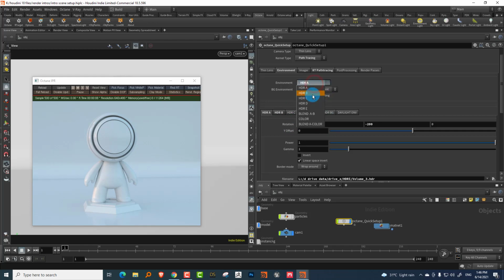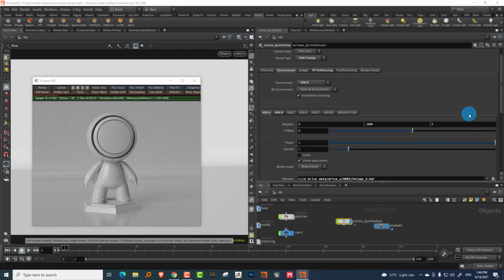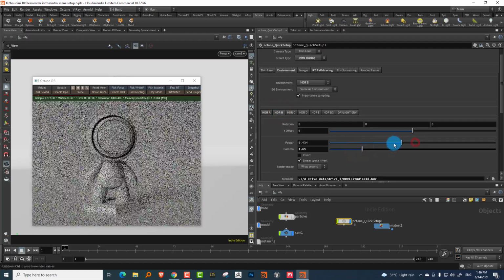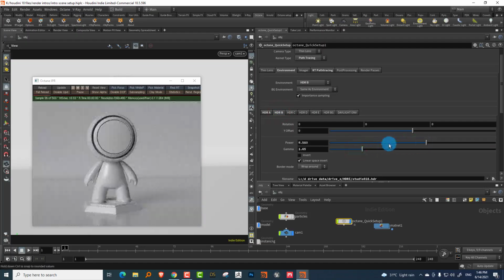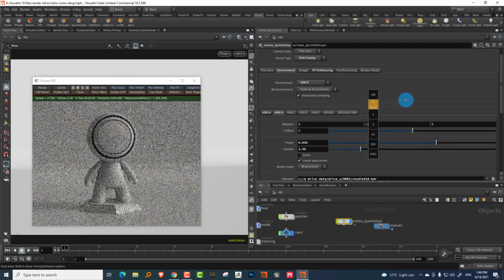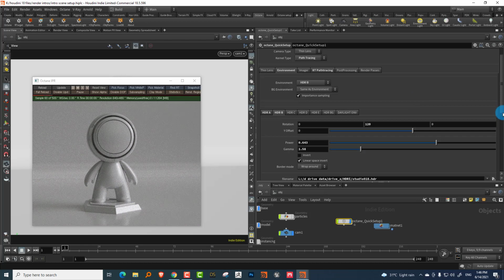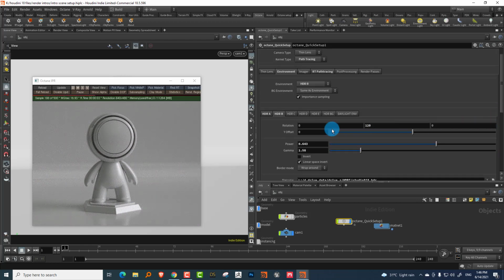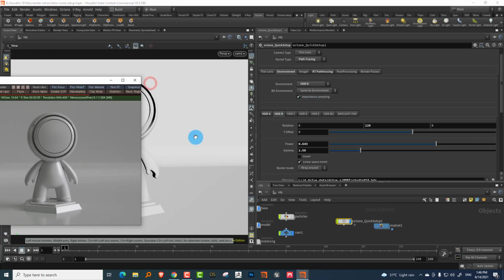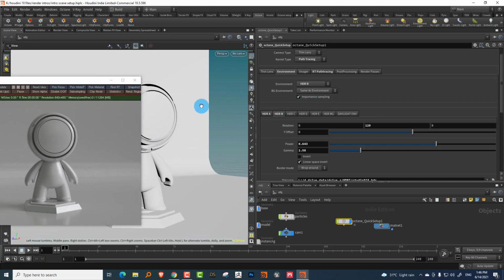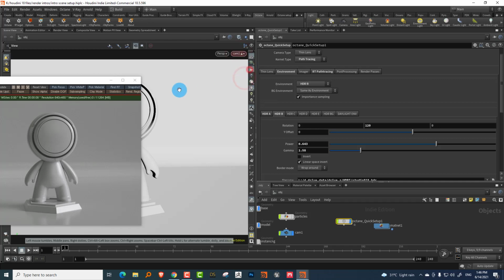If I want to go to HDR-B, then you can go to HDR-B. You also have options, like you can adjust gamma, and we can lower the power of this, and let's spin it around. You can do stuff like this, which makes life a lot easier. If you want to change the background, like if I look at it from the camera standpoint.